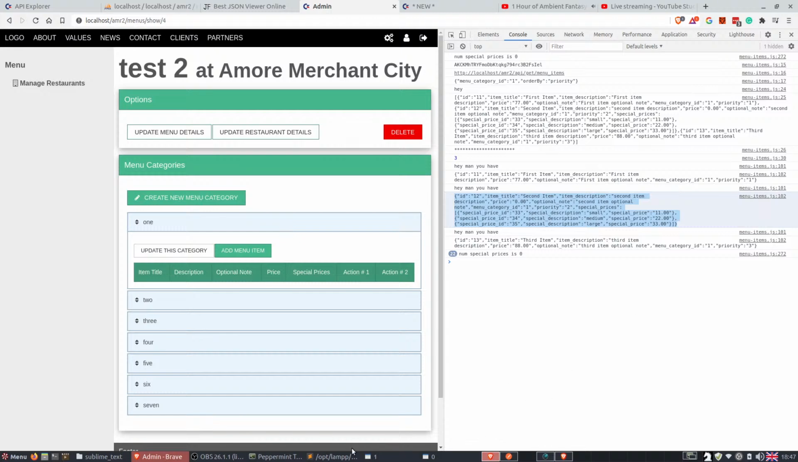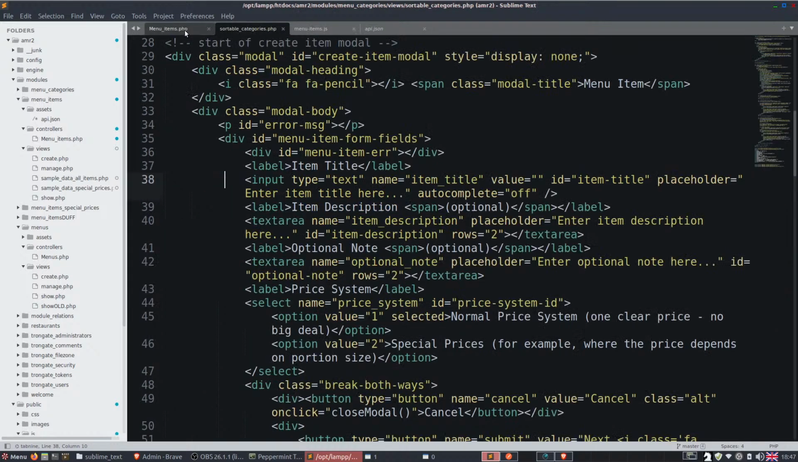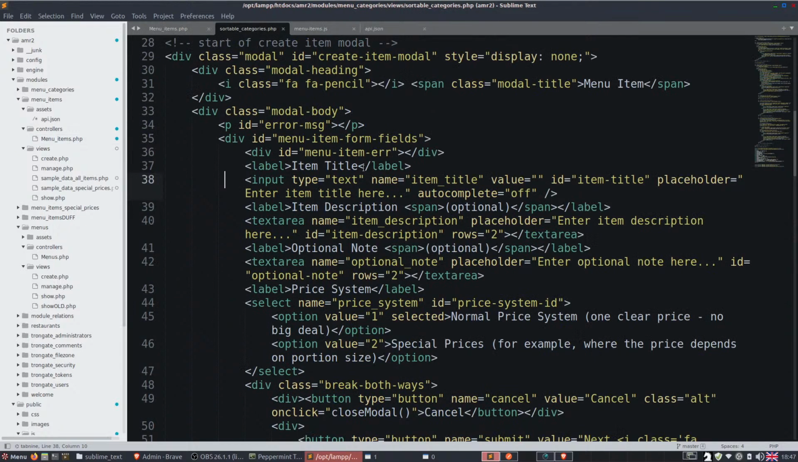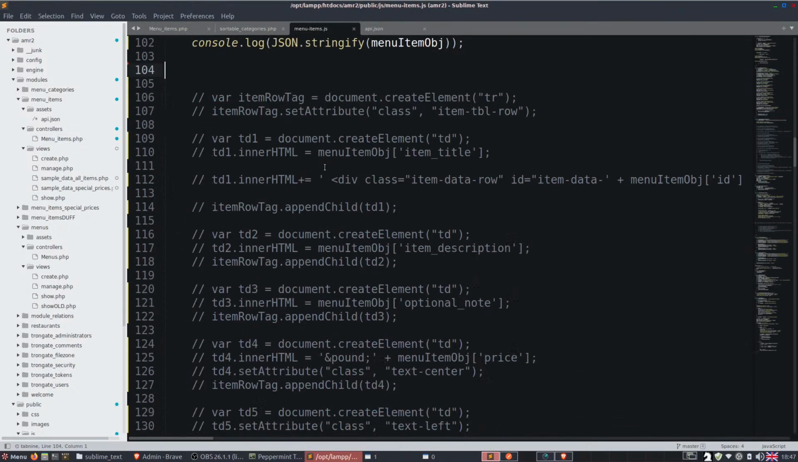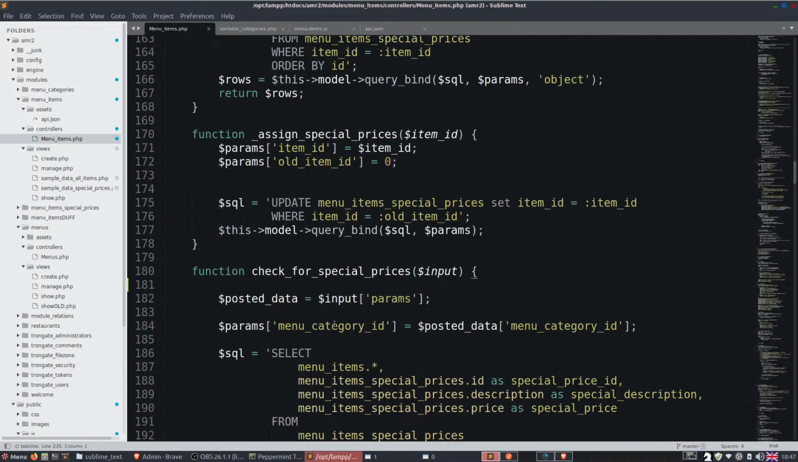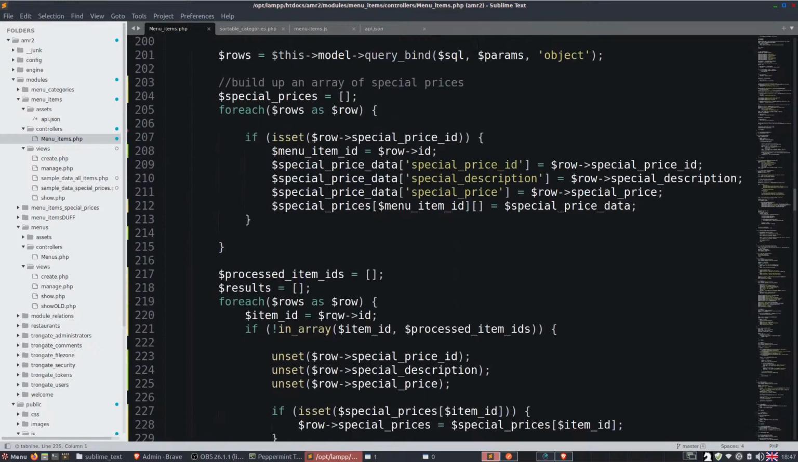Now, I think it might be running into difficulties when there's a point here where it's trying to do something with special prices, but we may not have special prices for a certain item, you know. So what I'm going to do with that,